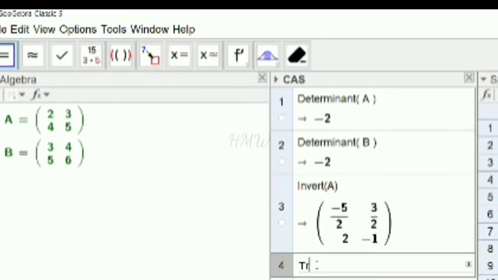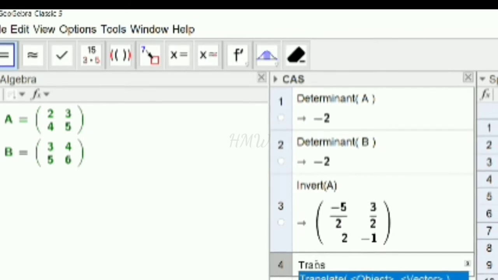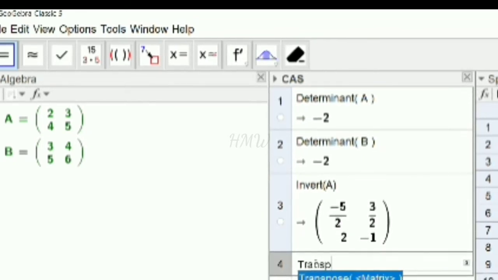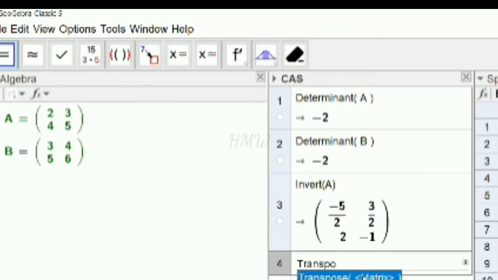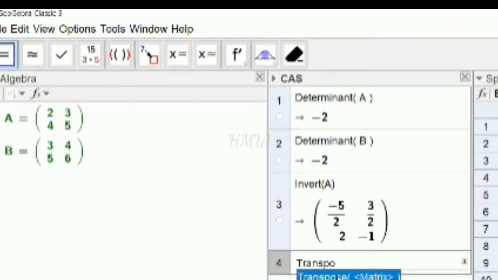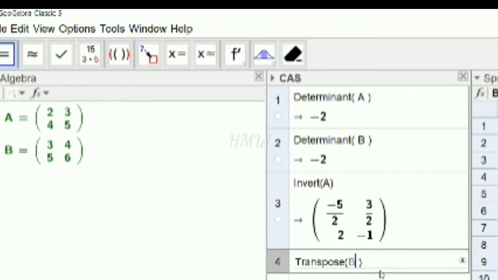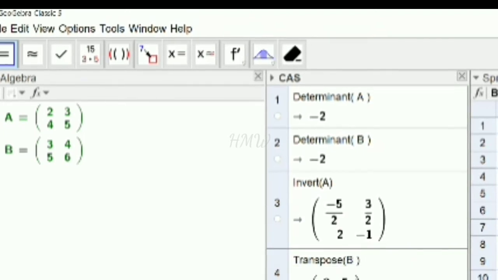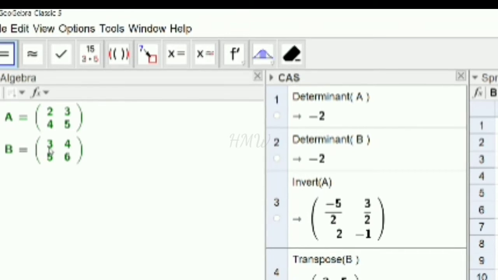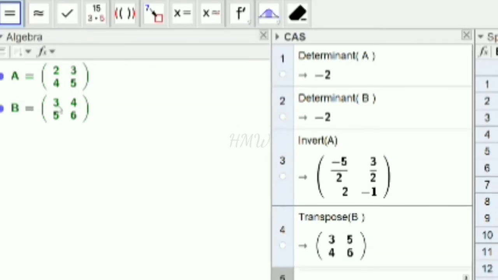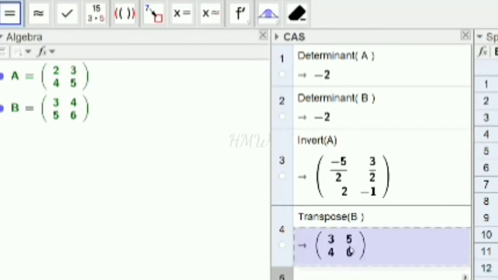Suppose I want to find the transpose. Transpose of matrix A or B. Transpose means interchange rows and columns. So 3, 5, the first column became the first row.